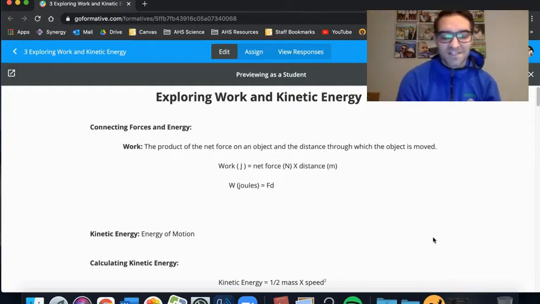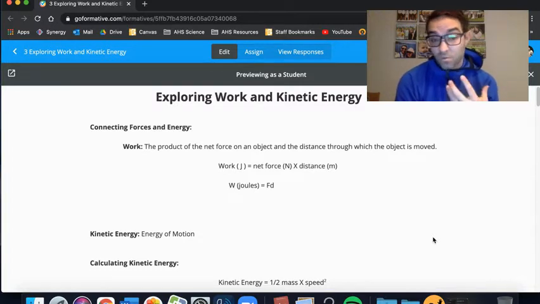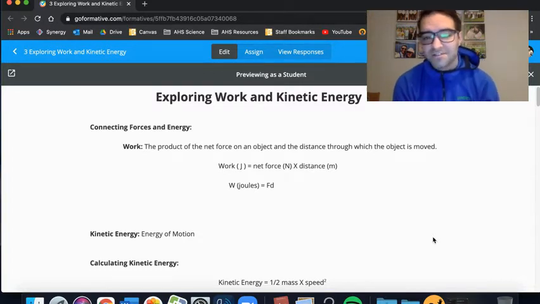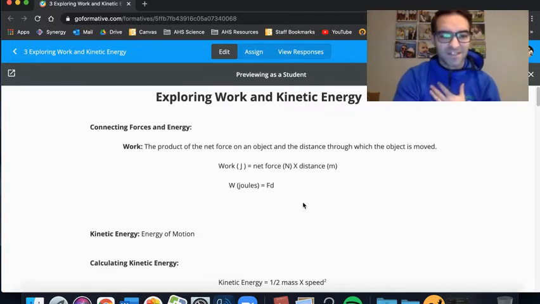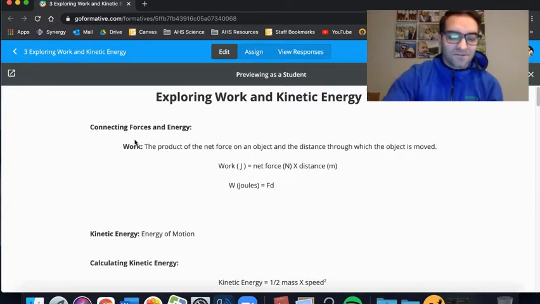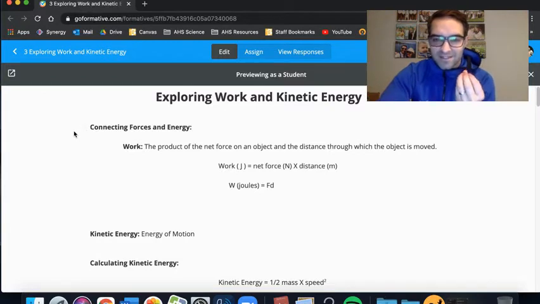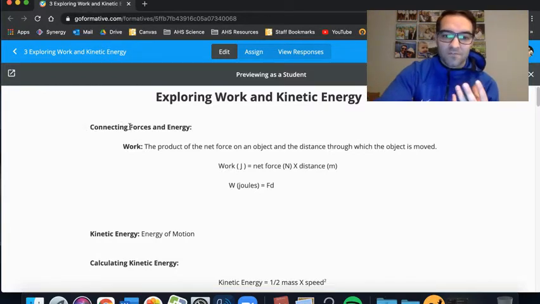Welcome to physics. We are now on activity 3 of our energy unit, and we're going to be exploring further and introducing a little bit of work and kinetic energy. So, to start, work is really how we connect the terminology and the calculations between forces. If you think back to when we did forces, motion, and momentum, we are now connecting that to